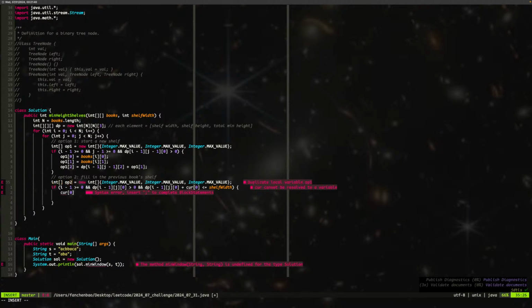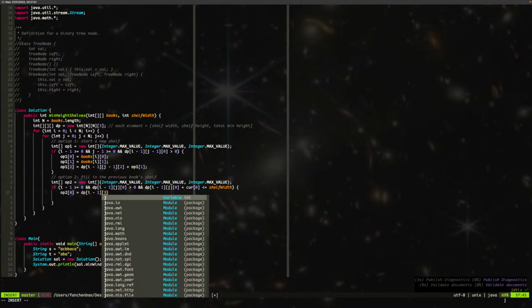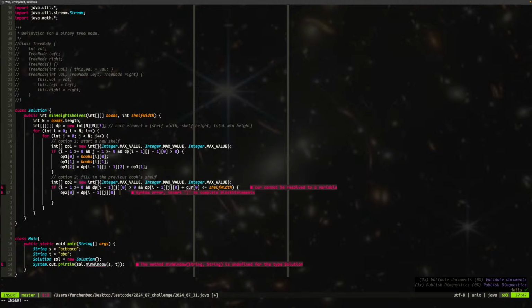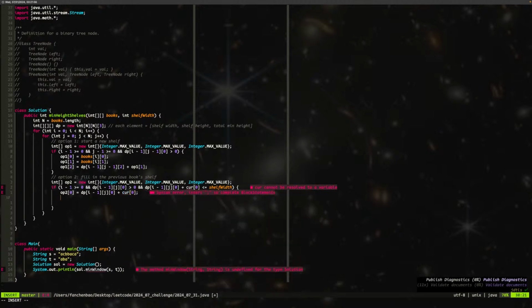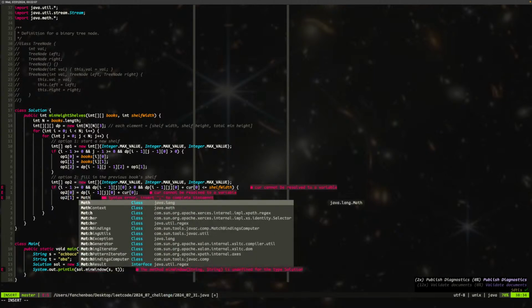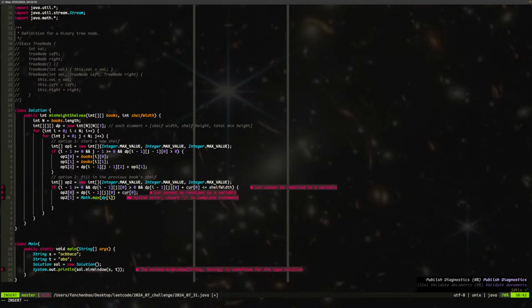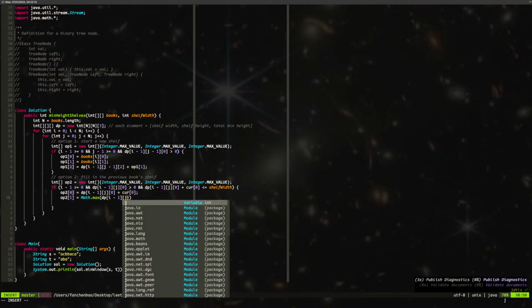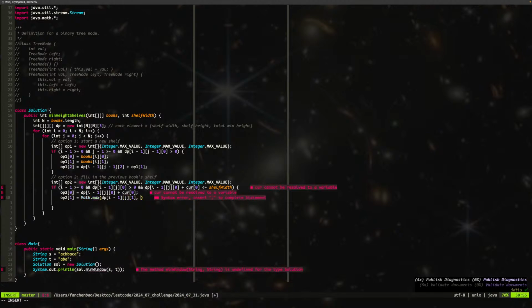This is OP2. So this is going to be OP2, 0 shall equal to dp i minus 1, j, 0 plus current 0. Okay. And OP1 is the height, it depends, right? So OP2, 1 shall equal to math.maximum dp i minus 1, j, 1 and the current height, which is